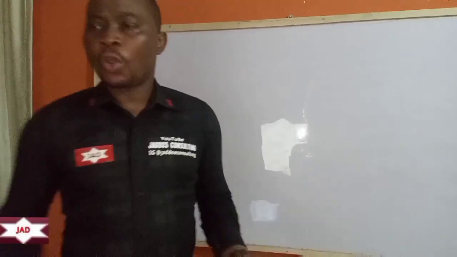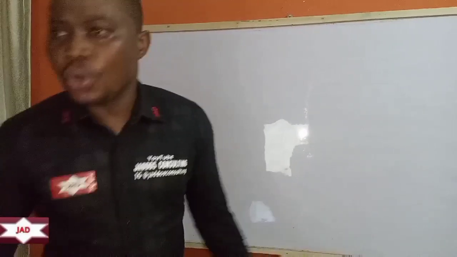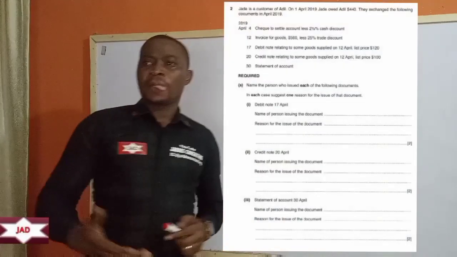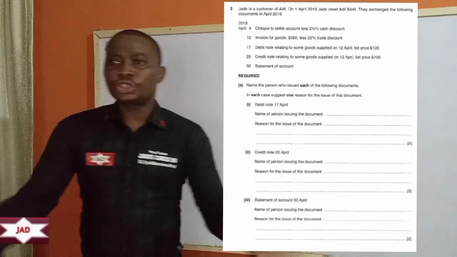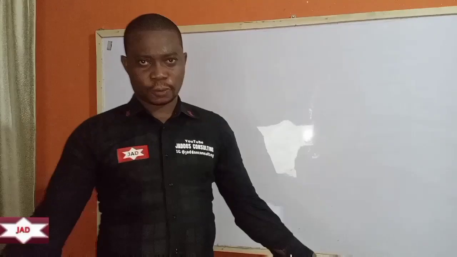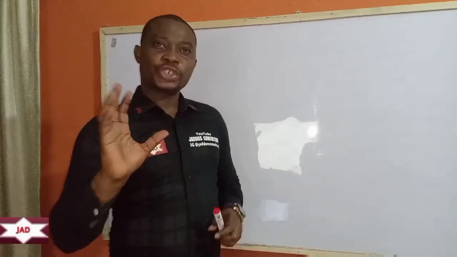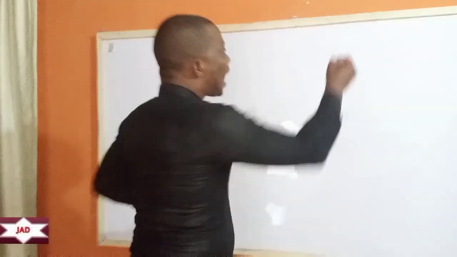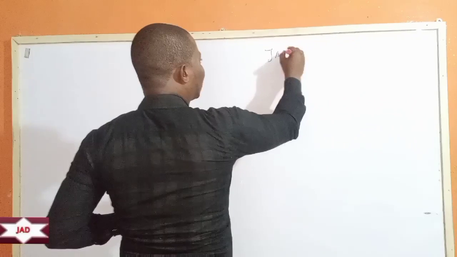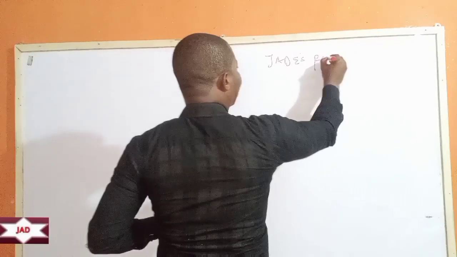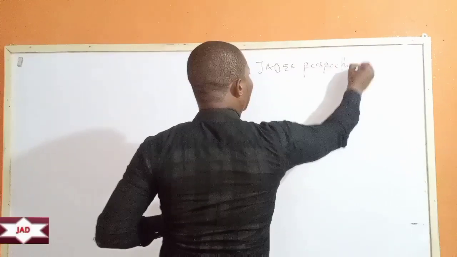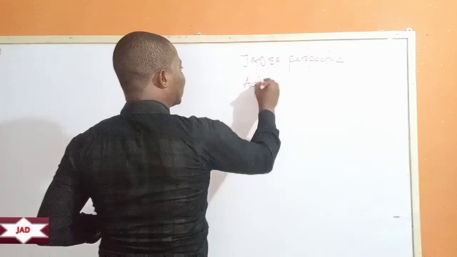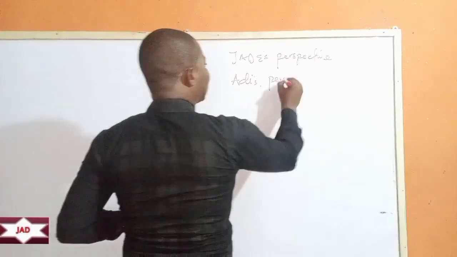So now the question here says debit note, okay? So we're saying, okay, who issued the debit note, okay? Now you must understand something. There are two perspectives here. We have Jade's perspective and Adi's